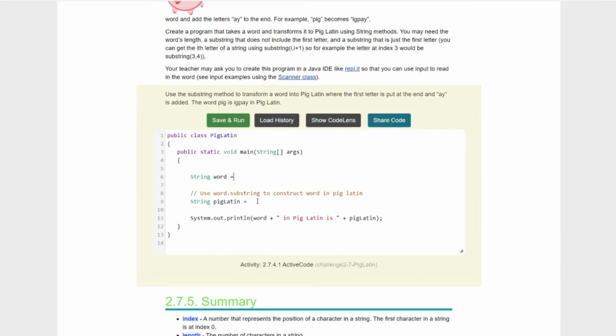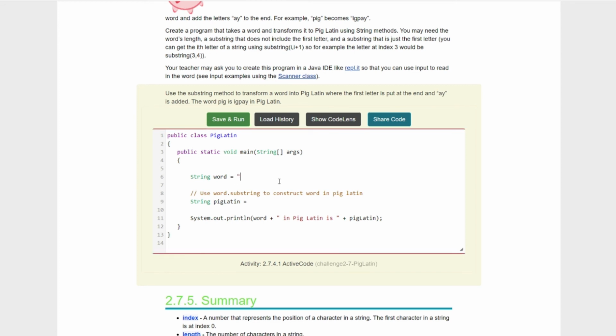Well, kids, how are we going to write it here? First, we have to come up with a word. Well, you know a word I'm going to pick, kids. Roads. Next, we're going to go to our variable here, pigLatin, and we're going to start constructing it. And how are we going to construct it? Well, we're using word, right? And we're going to use a substring. And if we remember, we want everything after the first letter. So we're going to print everything after index 1. So that should be